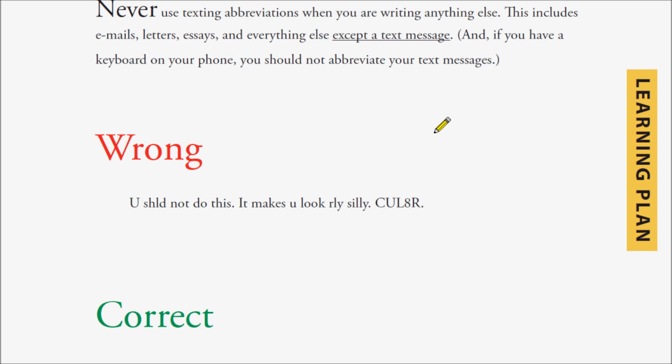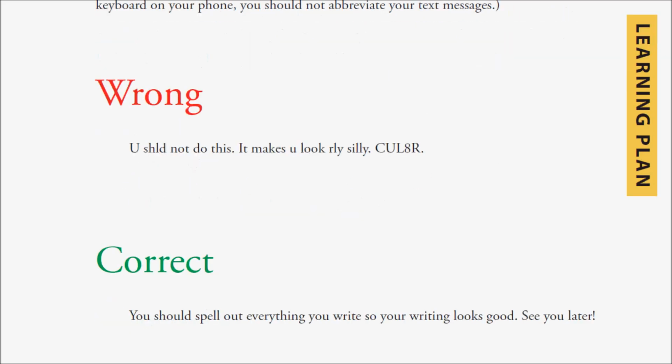This is not the point of view of somebody who's boring. This is the way it is now in business and when you get out of school. And you should just not ever do this when you write, please. Your English teachers, your co-workers, and your supervisors are all begging you. Please don't do this unless you are texting somebody.